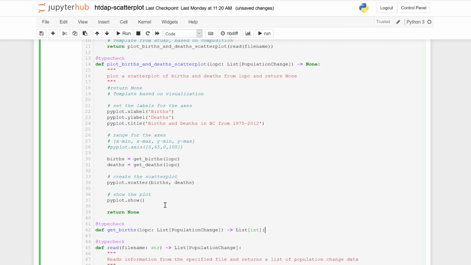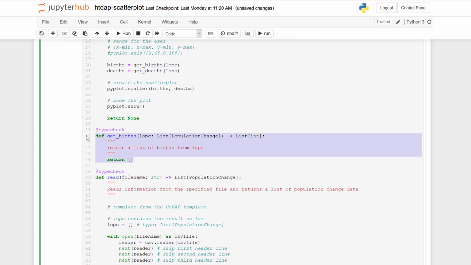I want my function to return a list of int because I know that births are represented in the compound with an integer. If I couldn't remember, I could scroll up and check my data definition. And for the stub, I'll just have it return an empty list.